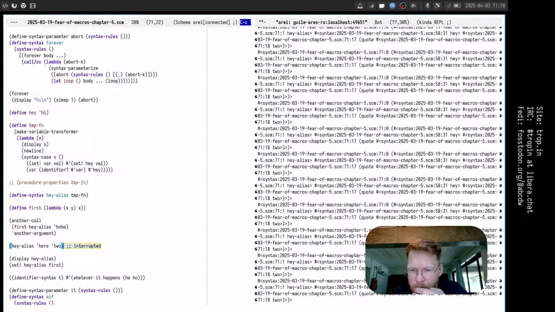We can see the argument that it accepts on a separate line. Okay, it gets a list. It gets a syntax object which contains a list, which contains hey alias, hey,